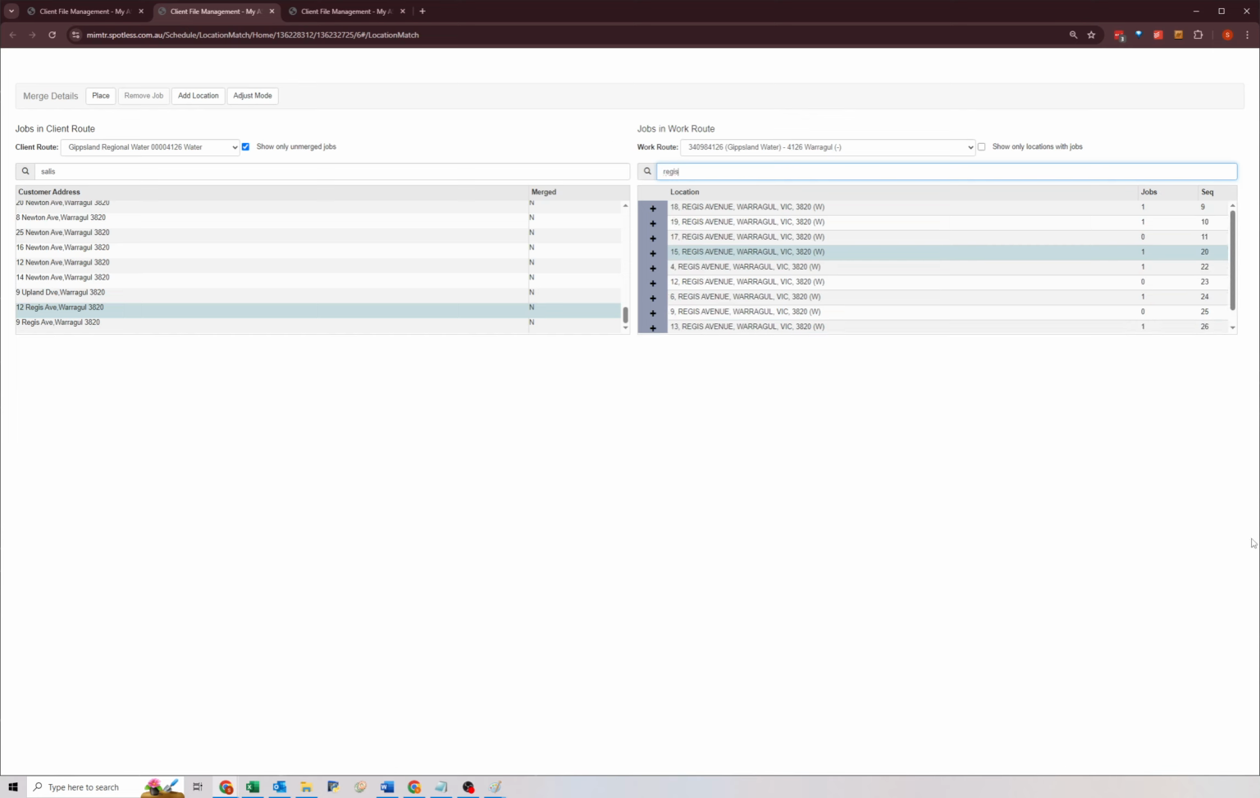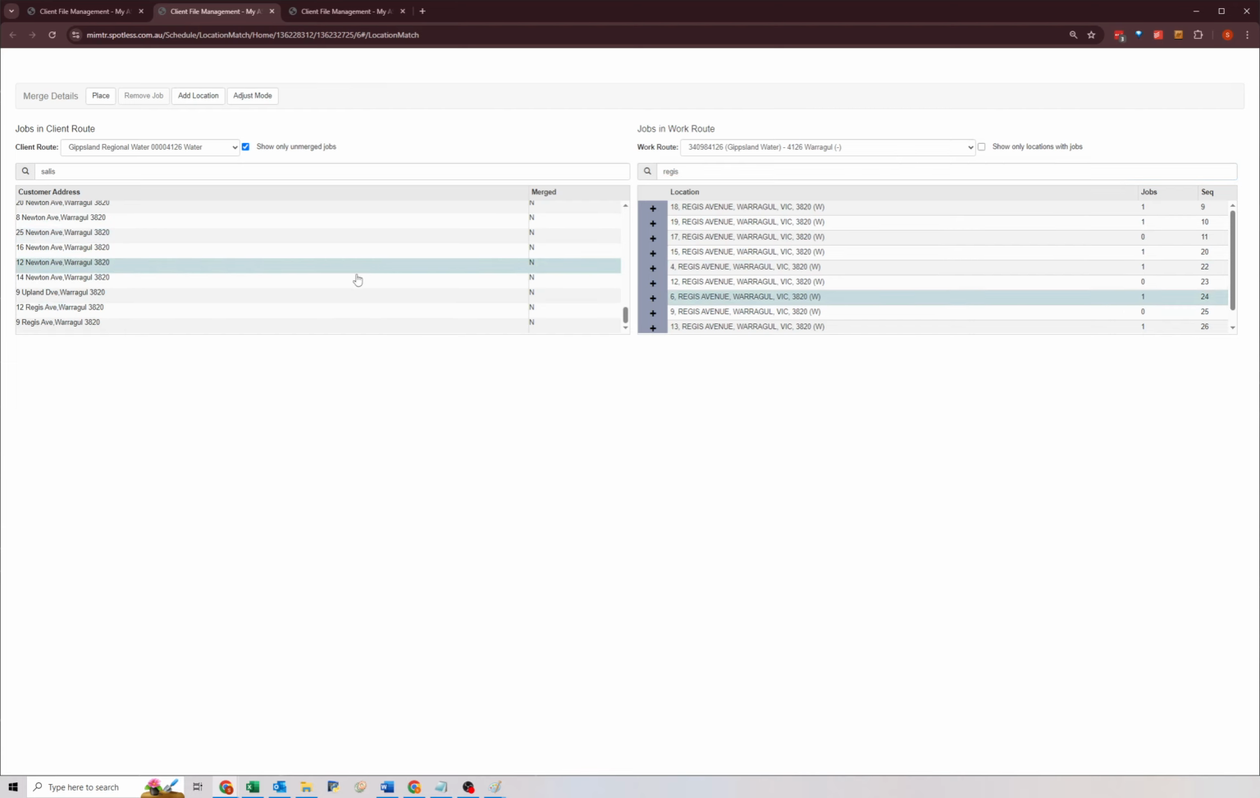Okay, so this stuff is all pretty self-explanatory. We're just going to place the ones that already have an address, and then we're going to add a location. So we don't need to worry about this part. We can just skip through this to the end when it's all done. But basically, all you need to do is